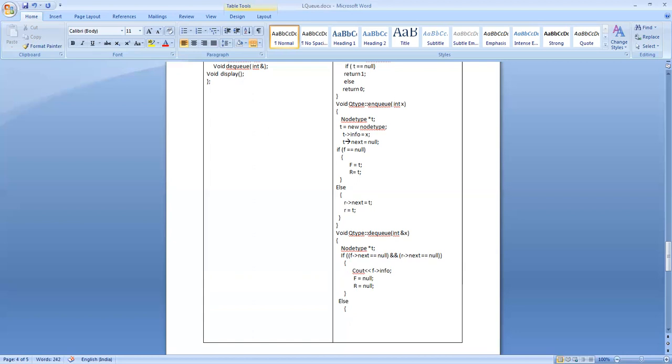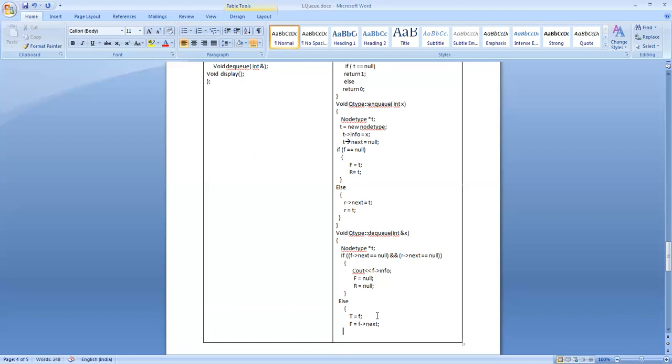That is, supply the value of front to t: t is equal to front. Then you advance the front to the next node. The next node is pointed by front next, so front is equal to front reference next.